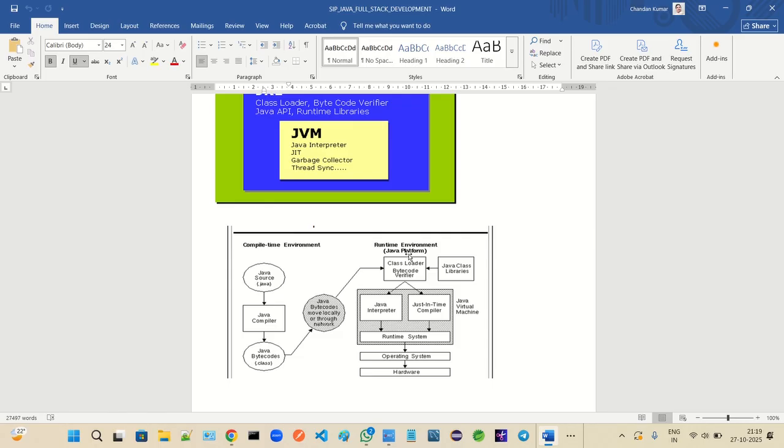The bytecode verifier will verify your bytecode, and if everything is okay, everything is correct, in that case it will pass your bytecode to the next layer, that is nothing but the JVM, Java Virtual Machine. In the Java Virtual Machine we have a Java compiler, which is known as JIT, just in time compiler. Again we have another compiler, you can say, that is